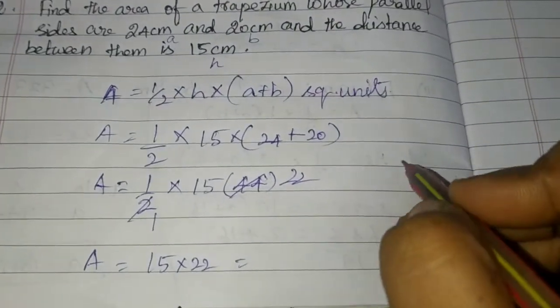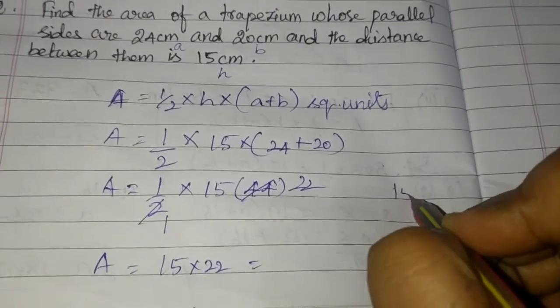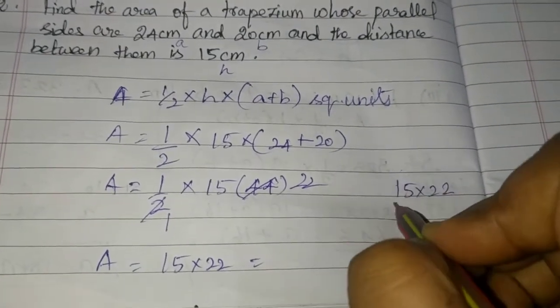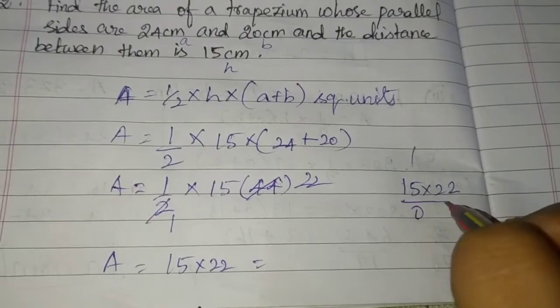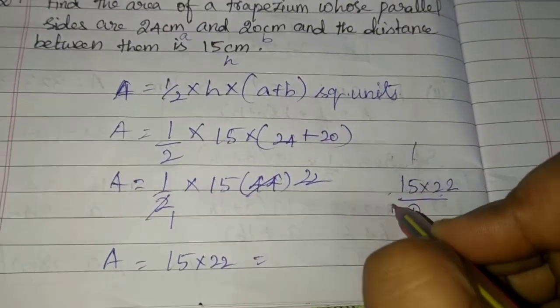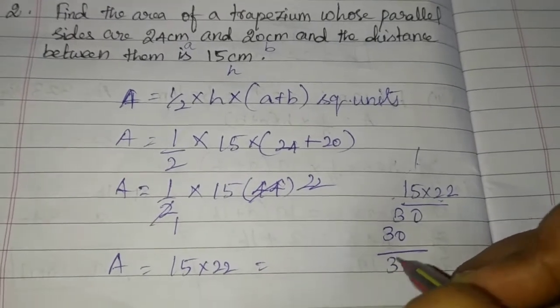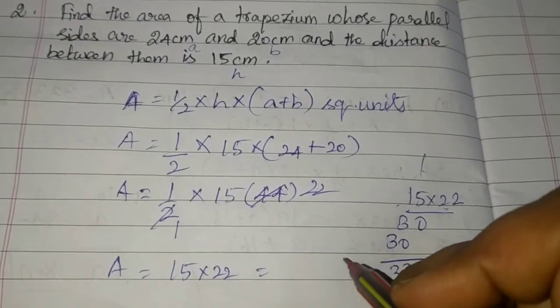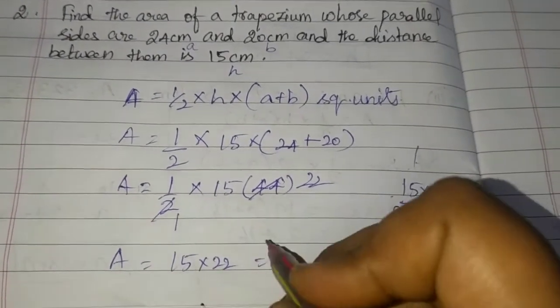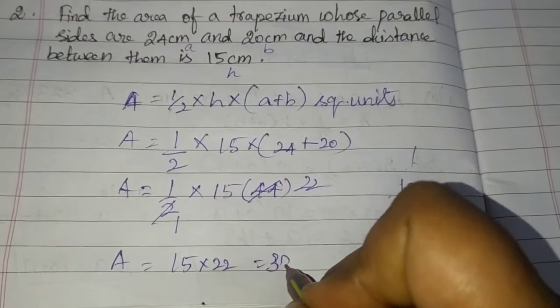Okay, I will do the multiplication here. Listen to it carefully. 15 into 22. 2 5s are 10, carry 1. 2 ones are 2 plus 1 is 3. Same, 30 only I will get here also. So I will get the answer 330. Okay children, now I have to write it here, 330.